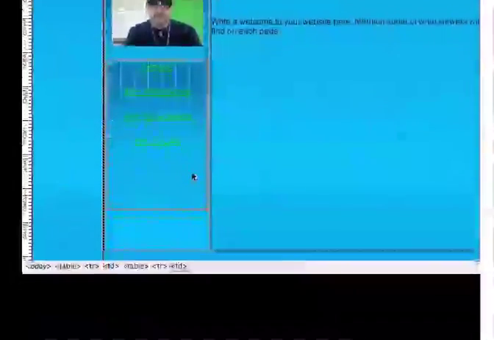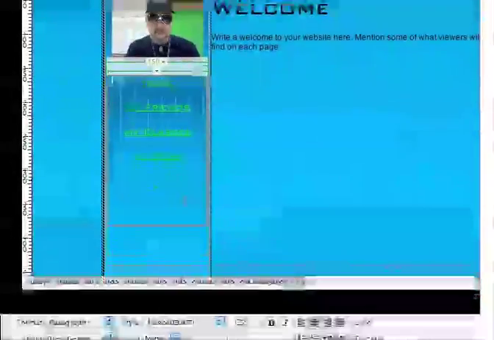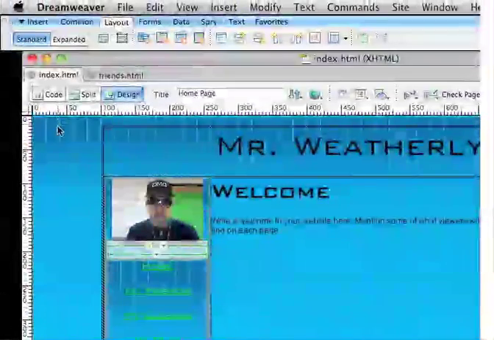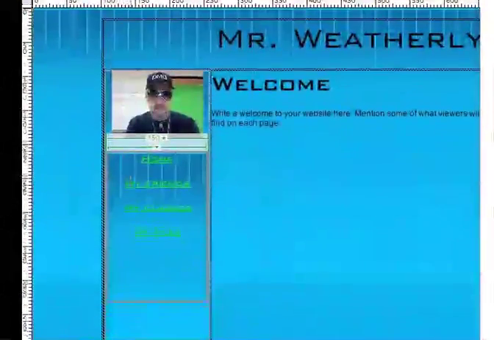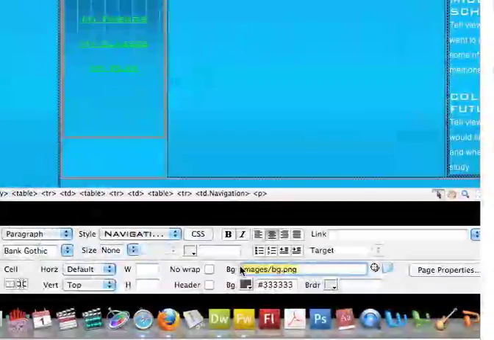If I click in right here where the links are, and I come down to the properties panels, you can see it has a background image. It happens to be the same background image as the entire file. So what starts up here at the top and is coming down and changing starts right here and comes down and changes. If I want to get rid of that and just see what's behind it, I come over here and I can delete that